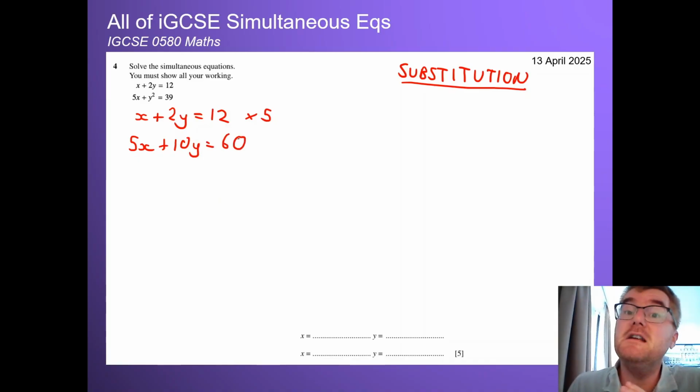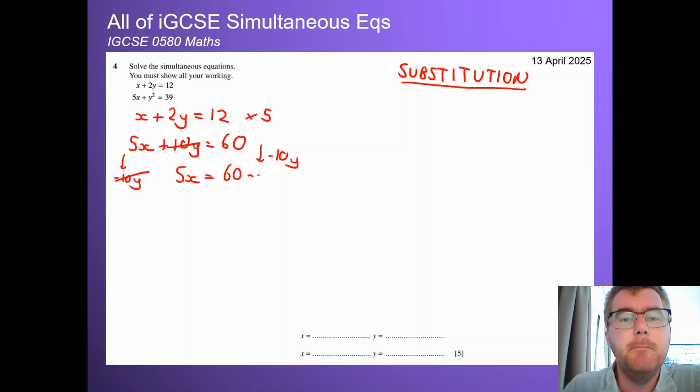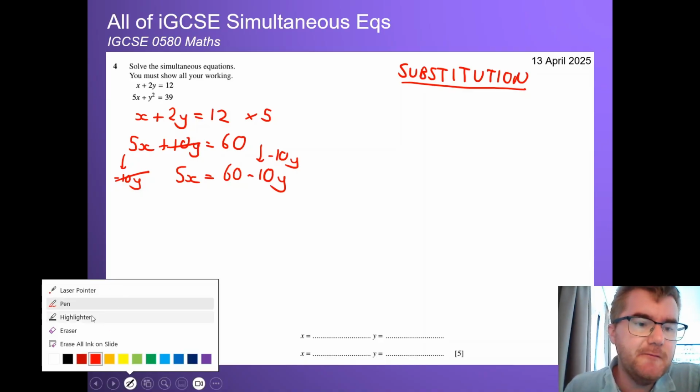Now, what I'm going to do is put the 5x on its own. So what's the opposite of adding 10y? Well, that's minusing 10y on both sides. This cancels. This gives me 5x. And we get 60 minus 10y. So we've been doing a little bit of work with that first equation to get it in the form of 5x equals something. Now the reason for that is as follows, and it's similar to a question that we've already